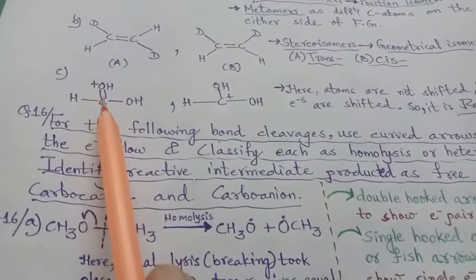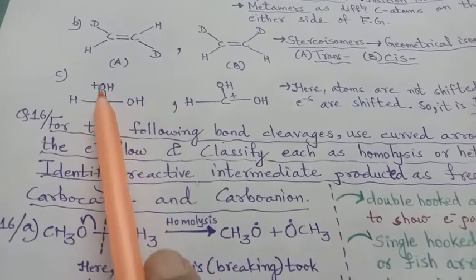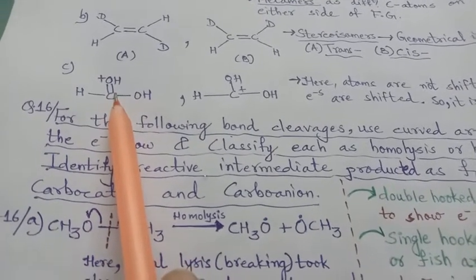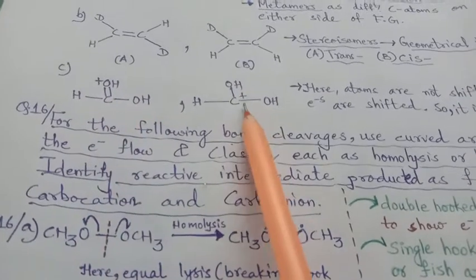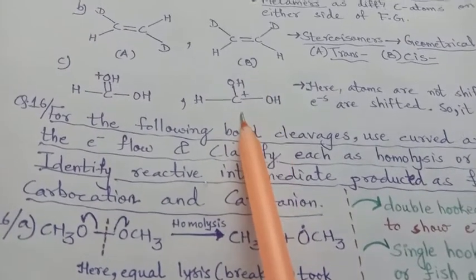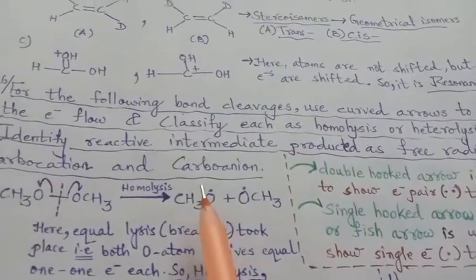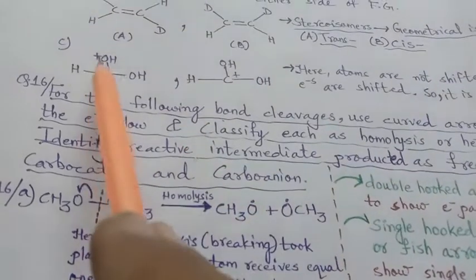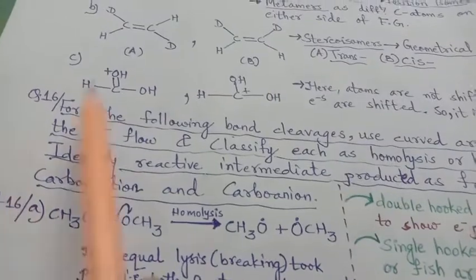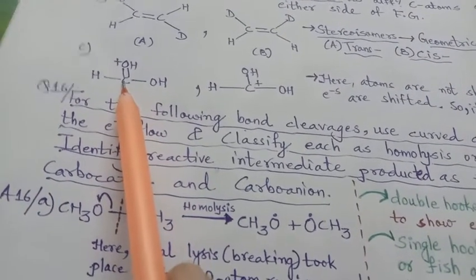The positive and this negative will be a complete attraction, and so there will be the shift of the positive charge on carbon, which will give a carbocation here. So only electrons are shifted, and that is why it is a resonance structure, right? Because the negative will be given to this positive, so it will be neutralized. But what happened to the carbon? The carbon will now not satisfy tetravalence.